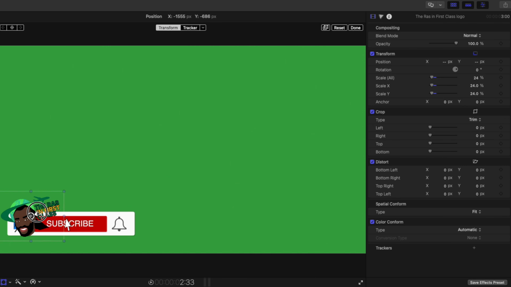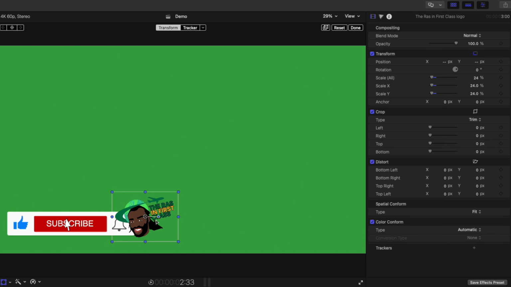Move your logo wherever you want. You might have it at the top or wherever you want. I'm going to put mine here and then slightly rotate it so that the bell doesn't get covered, and then I think that's about perfect. Move yours wherever you want, hit done. If you want to move it again, just click the transform tool and then move it